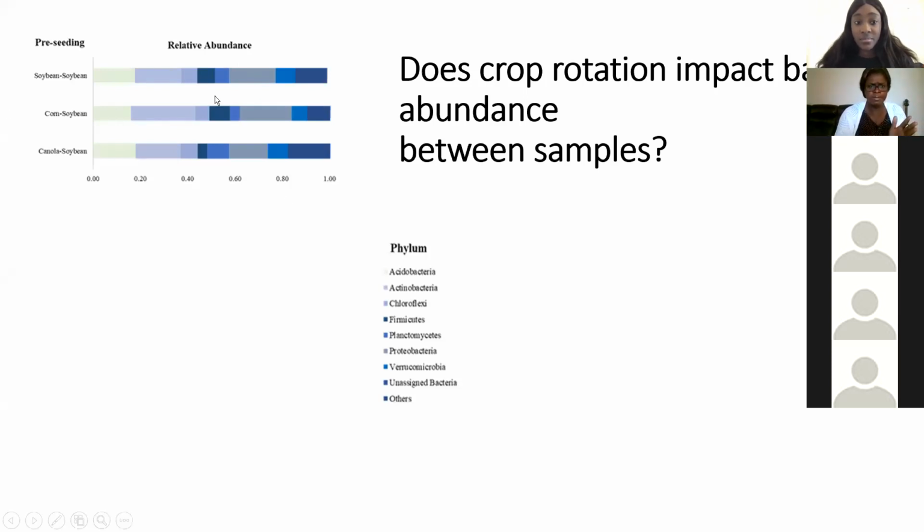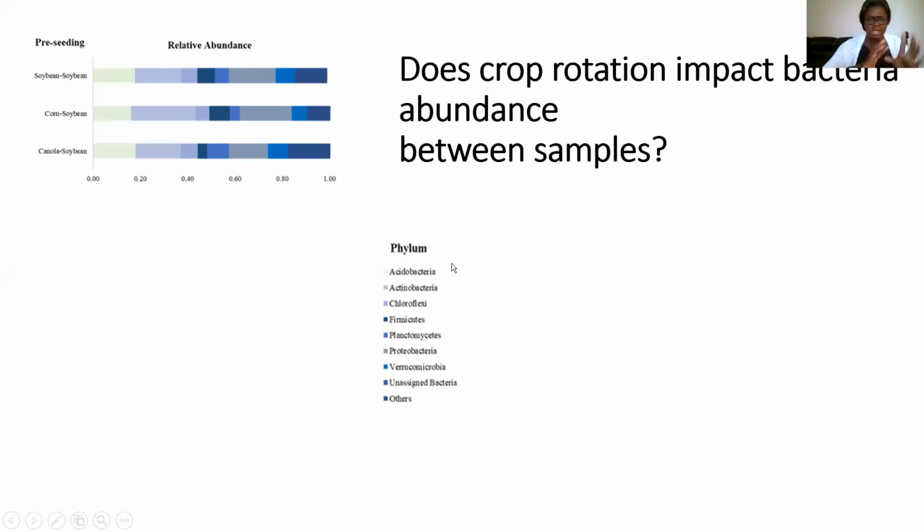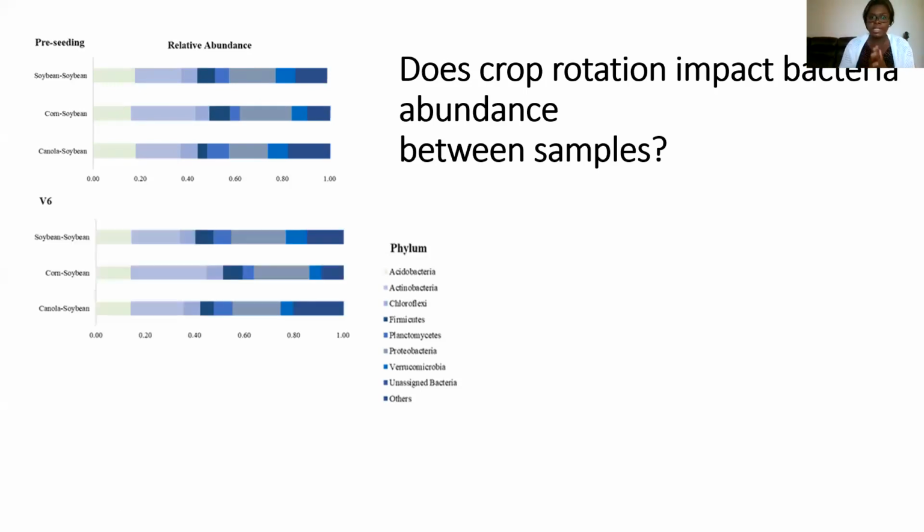And as you can see from the graph over here, not that much of a difference. They all seem to have equal value of things, equal value of acidobacteria. All these are different types of bacteria that I wouldn't bore you with the details for this talk. Then at the middle of the growing season, which is your V6 stage, that's the boom, middle time of growth,